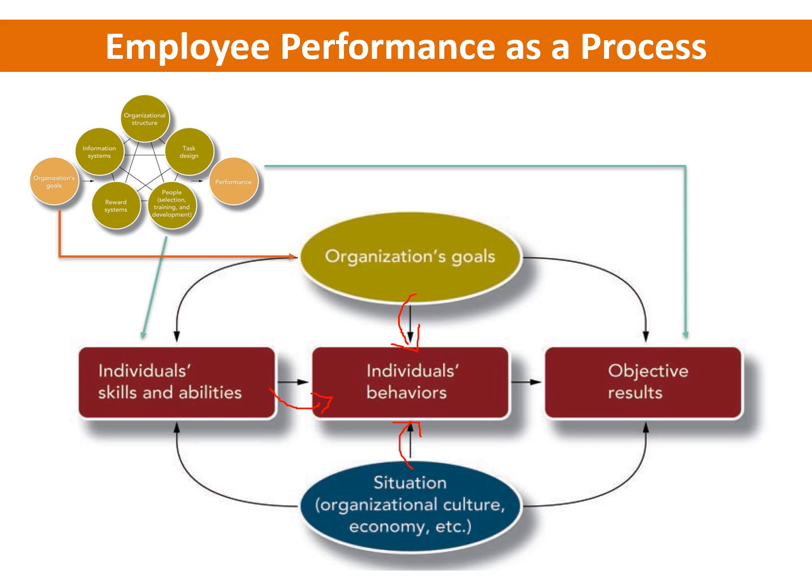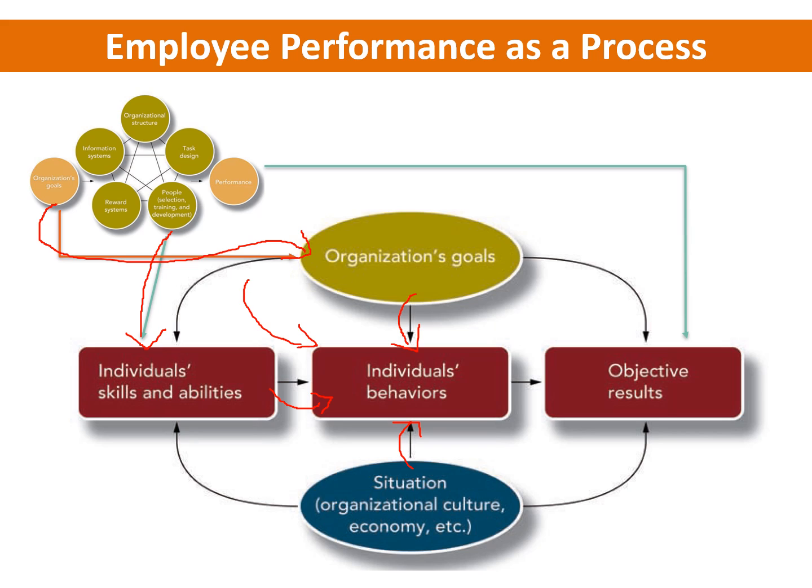Now, if we take our high performance work system model that we looked at at the beginning of this lesson and apply it to this behavioral model, you'll see the organization's goals at the beginning of the high performance work system model are right here. Then we've got the people component of the model, where we look at selection, training, and development, and that's going to influence the individual's skills and abilities. Now, together these two components of the high performance work system model play an important role in shaping individuals'